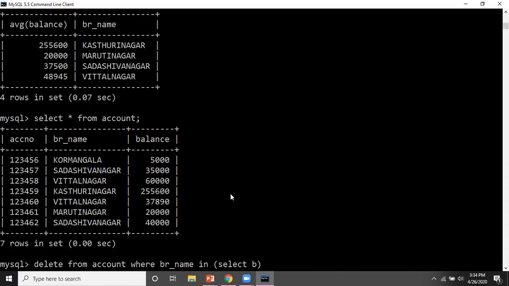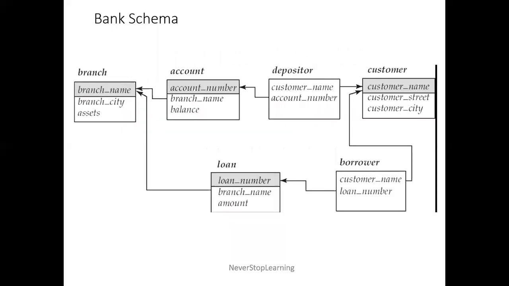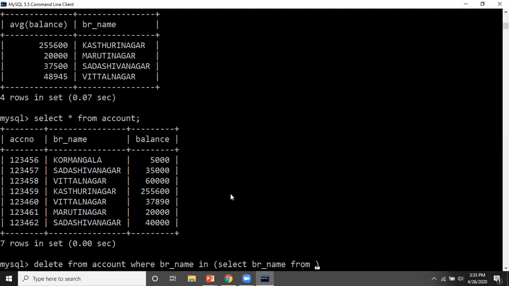Select br underscore name from account table, because I know the branch name, but it is talking about a particular city. So here you can see, with the account table I have to use the branch table as well, because the branch city is Hyderabad. So we are going to work on account and branch.